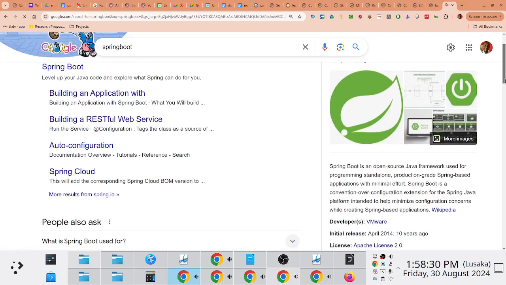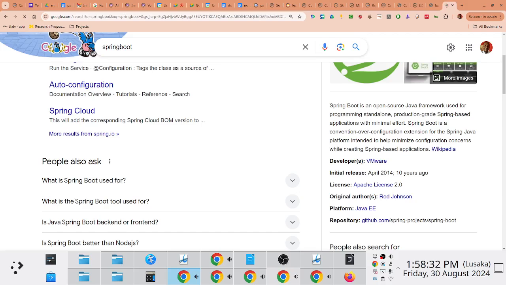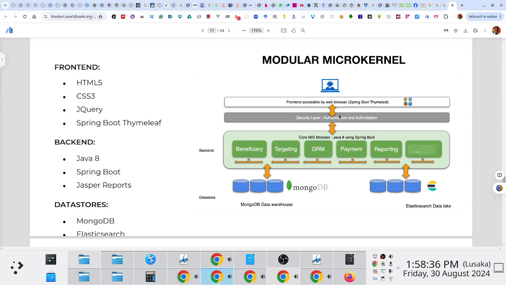Yep, if you notice here, right? Spring Boot is an open source Java framework, right? So there's a starting point. For them to build core MIS, they did not build core MIS from scratch. Okay, there are frameworks and libraries that were used. In fact,